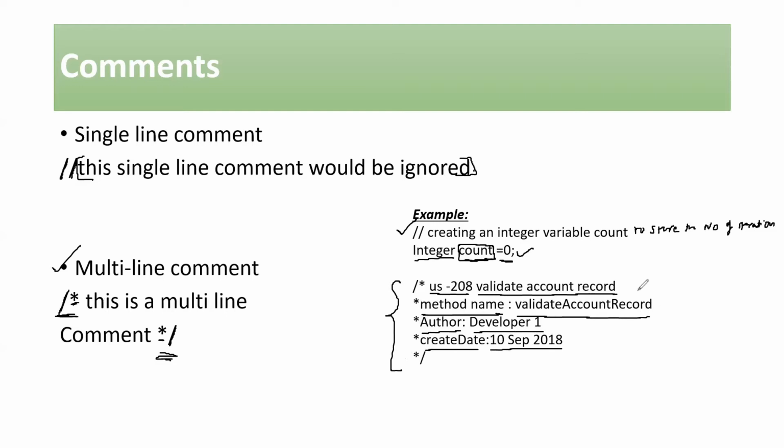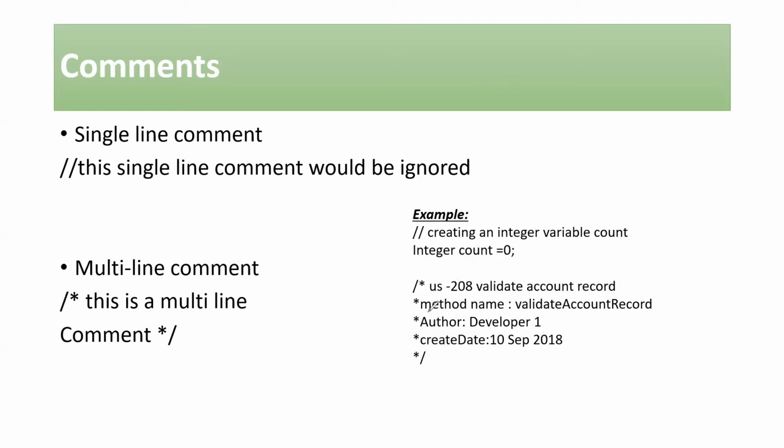So this way you can help the others understand why this particular change that is after this comment is there. So that way other people will also understand what is the reason for making this change. In case you want to add a few more details, you can go ahead and do that. But do not put everything here because you have already tagged the user story here. So the people who are not confident enough to understand what exactly the functionality is, they can also refer back to this user story, so that way they can get a clear picture. Make sure that you're not overdoing it, make sure that you're not underdoing it as well. So that way the other people would be able to understand it without your presence.